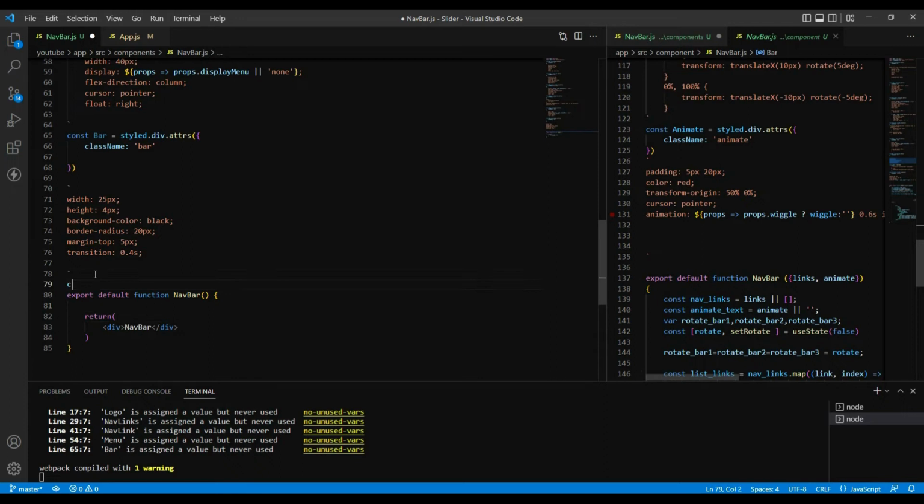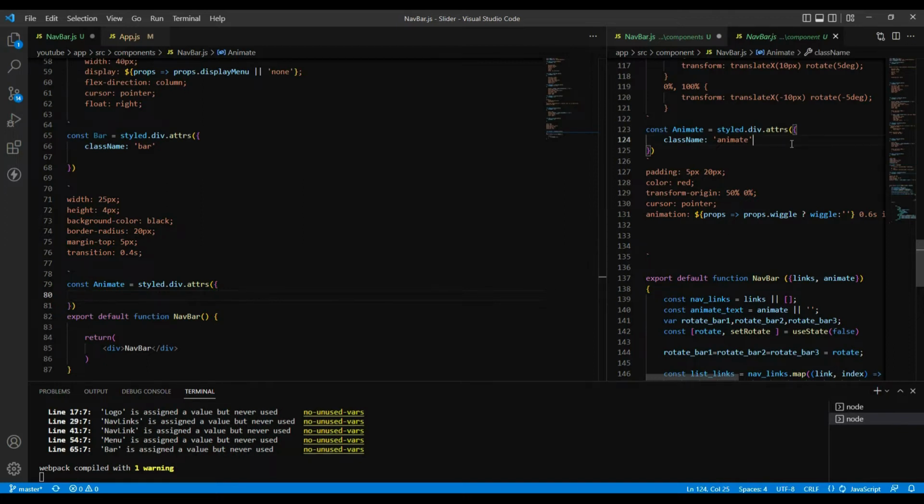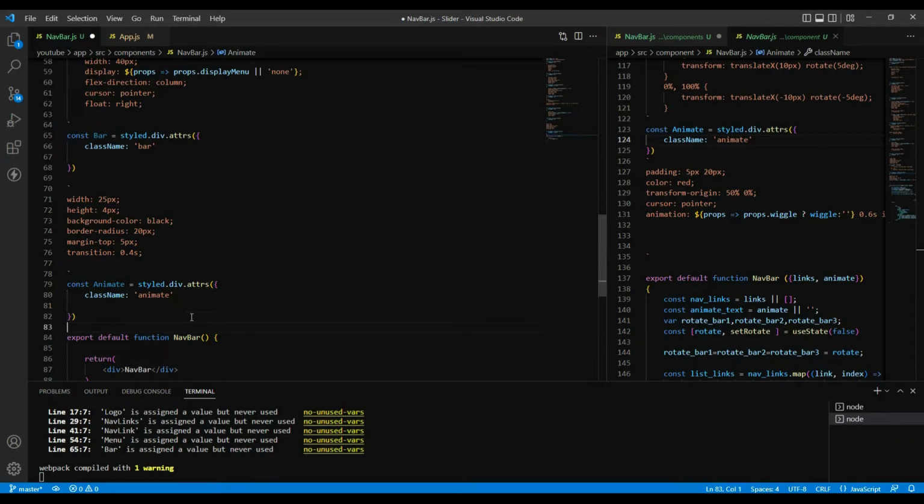So I'll do const animate. Styled components, or styled, yeah. Div.attributes. Going to give this class name animates. Paste it, and then